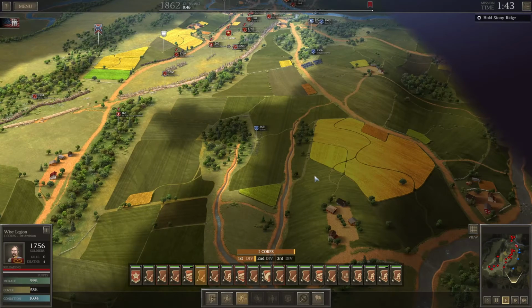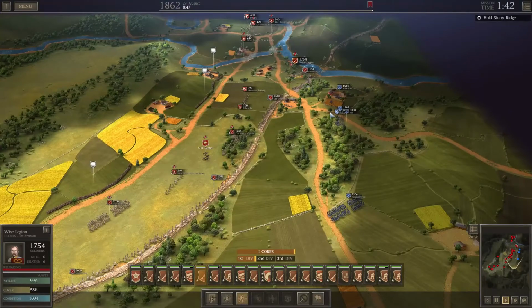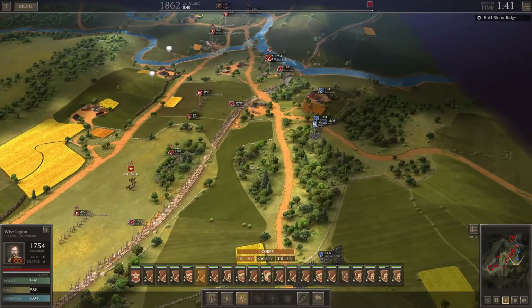So a lot of the forces on the Union side that you have in here were part of the Union Army of Virginia, and they would eventually become the famous units that you'll hear about the rest of the war. A lot of these units you're going to notice will eventually become the 11th Corps, the 1st Corps,